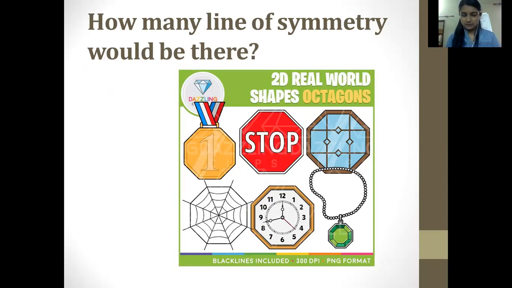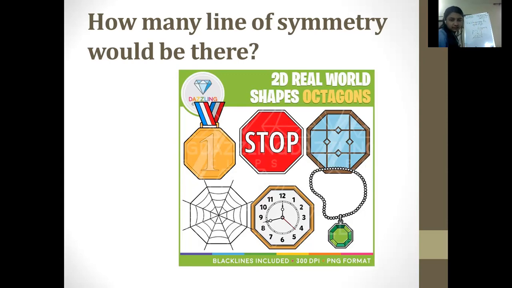Yes, I'm giving you rights. I'm giving you a few seconds also to think about the line of symmetry. We have done single line of symmetry. If I ask you to draw a line of symmetry here also, from the center also, and also the line of symmetry which is already made, and what about this? You can see that I have drawn a lot of lines of symmetry here,